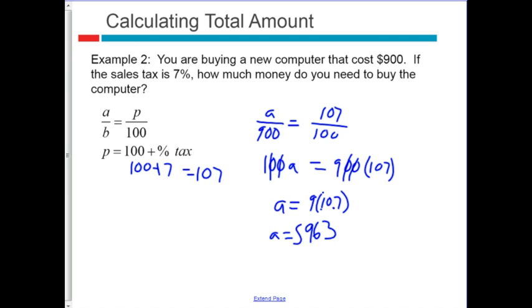That is in dollars. That is the total amount of money you will need to buy this computer. If you only have $900 and the sales tax, you can't buy the computer. So moving on,